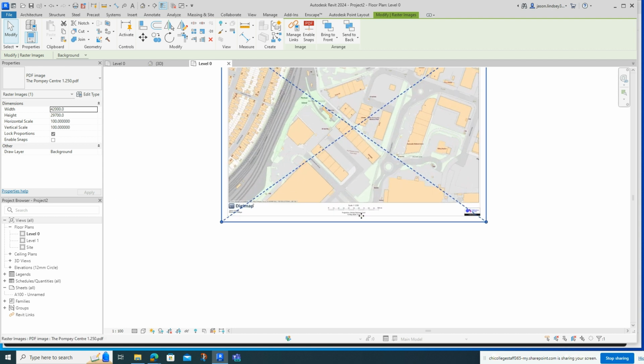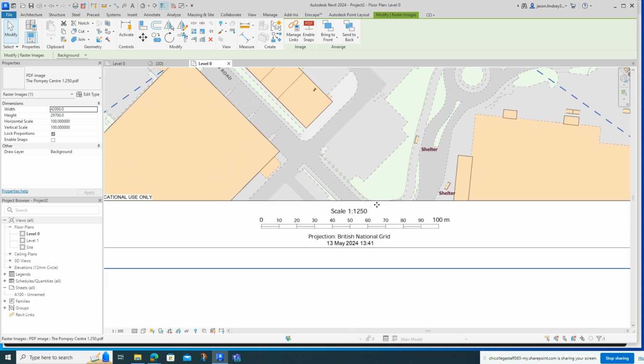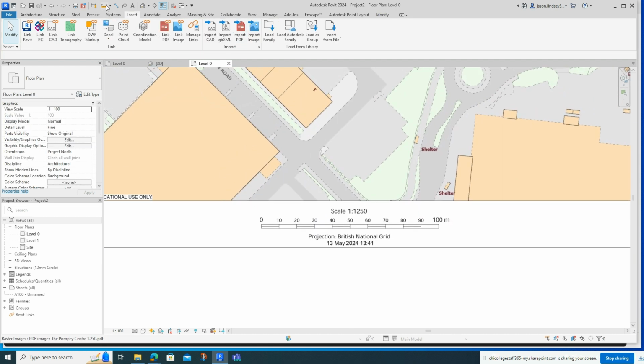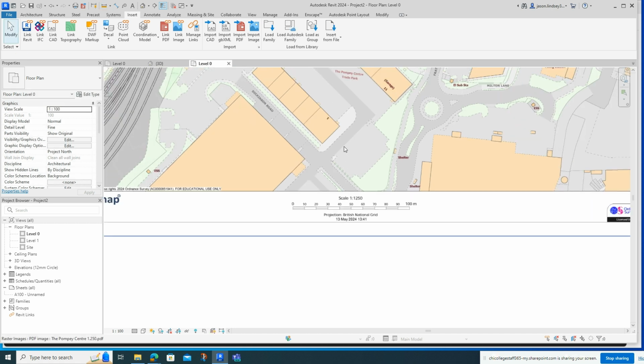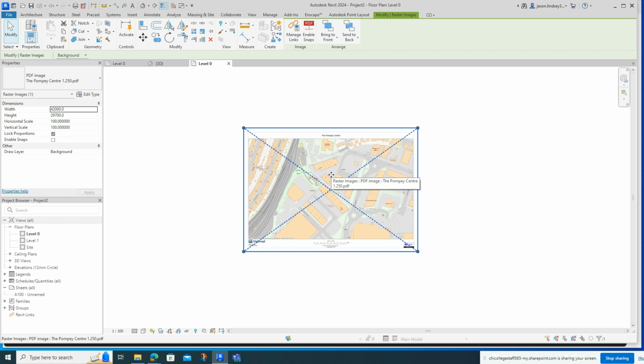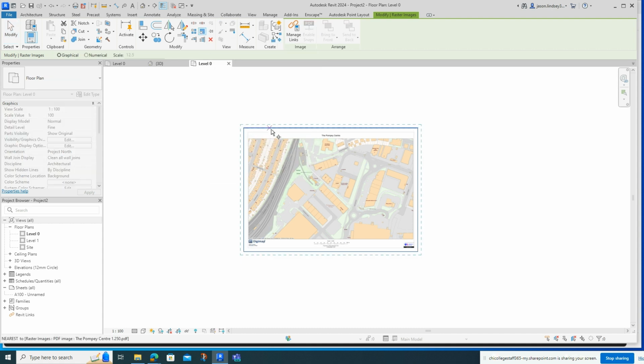And then once we zoom in, we can clearly see that it's going to be too small, because when I bring my ruler in and then just check it, we can see that's reading just about 8 meters or thereabouts, which is clearly incorrect. So the first thing I need to do is actually scale this drawing so that it's the right size. To do that, all I need to do is just click on the drawing itself. In the Modify tab up here, make sure the Modify tab's on, then you'll be able to see this Scale button here. When I click on the Scale button,